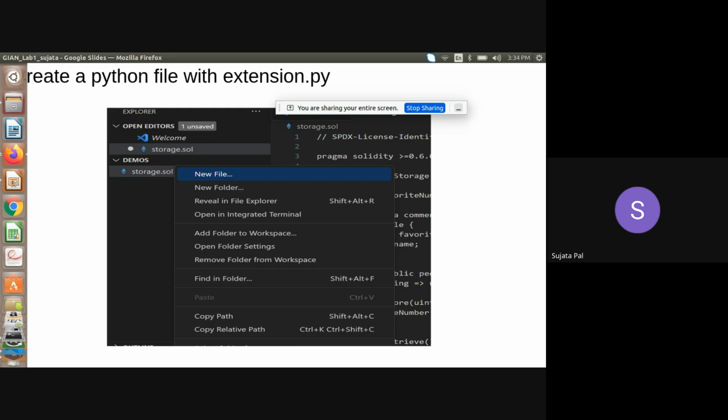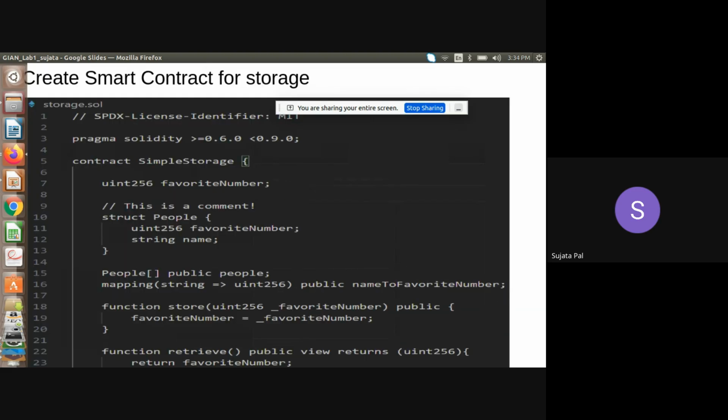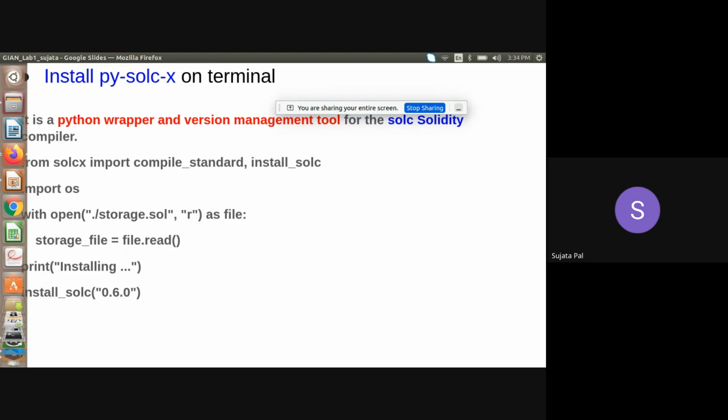For that also you need Ether. Yes. So we will create one new file there and name it with Python. But for writing your code in Python, you have to install the Python Solidity compiler on the terminal: py-solc-x.